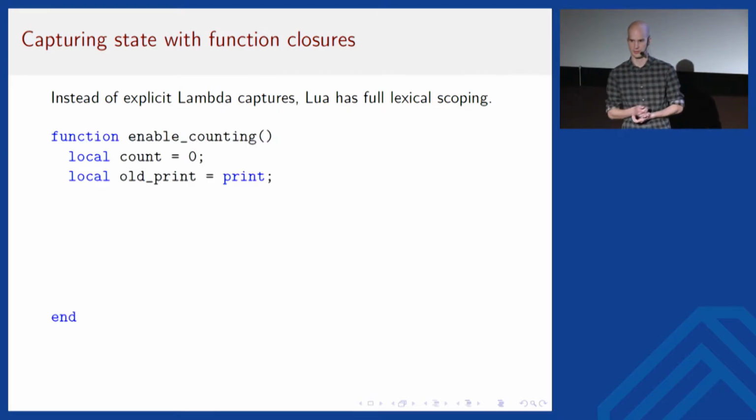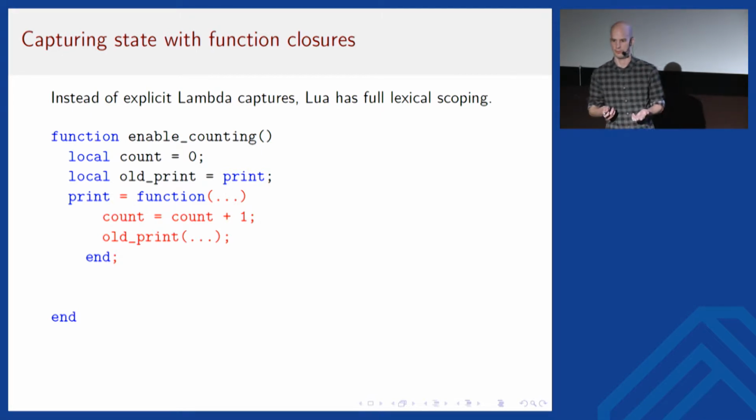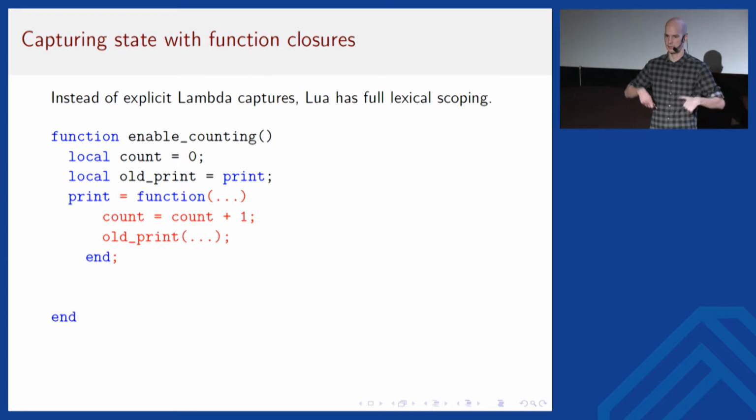The main tool that Lua gives us here is just using local variables. So the way that we are going to do the function hooking now is we are going to introduce a function that will perform the hooking for us. And now our variables are going to be local variables inside that function. So if I declare a variable with the local keyword, that actually restricts its scope, in this case, to the lifetime of the function. And now if I do the same thing as I did before to perform the hooking, then referring to count and old print inside the new print function actually refers to those local variables in the enclosing scope.